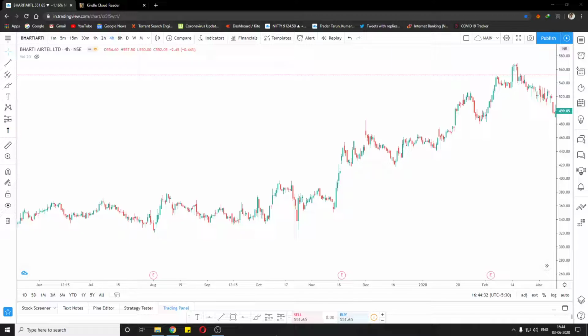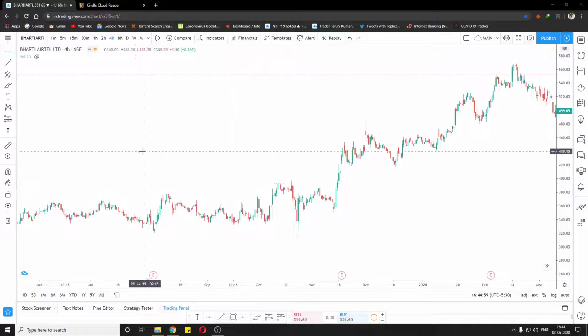So the first assumption I'm making is that everyone who's watching this video knows how to read a candlestick chart, and how the candlesticks are formed. So I'm not going to explain the wicks and the bodies and how to read the chart. If you don't know how to do that, you can just watch some other video. I'm going to directly go into how to do the analysis.